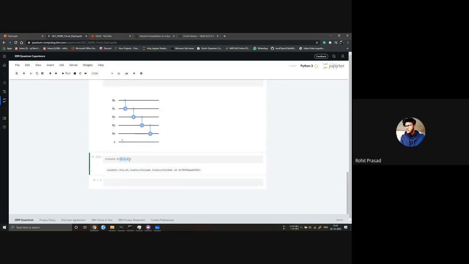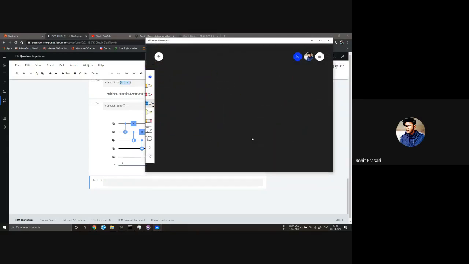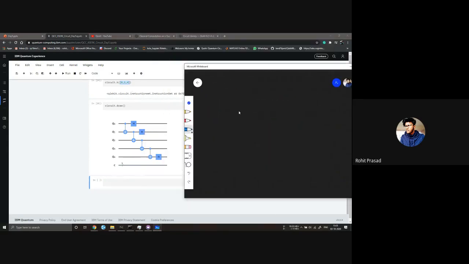So what this does is ask it to implement the H gate on 0, 1, as well as 4. So let's see how the circuit looks. Circuit dot draw. Okay, so I wrote the command circuit dot h, 0 comma 1 comma 4.